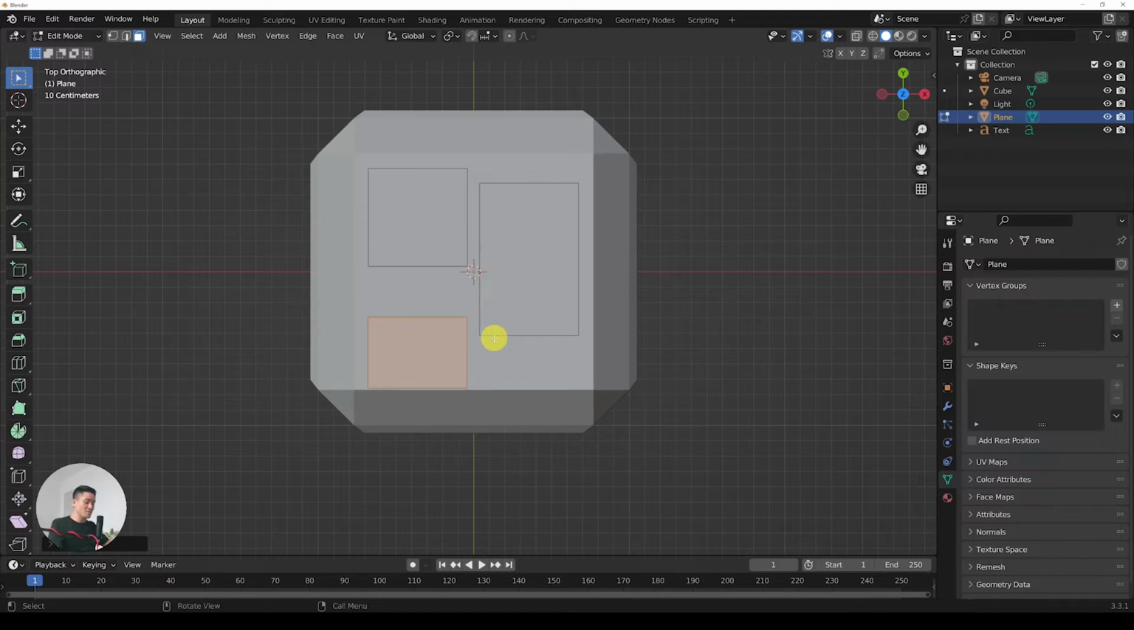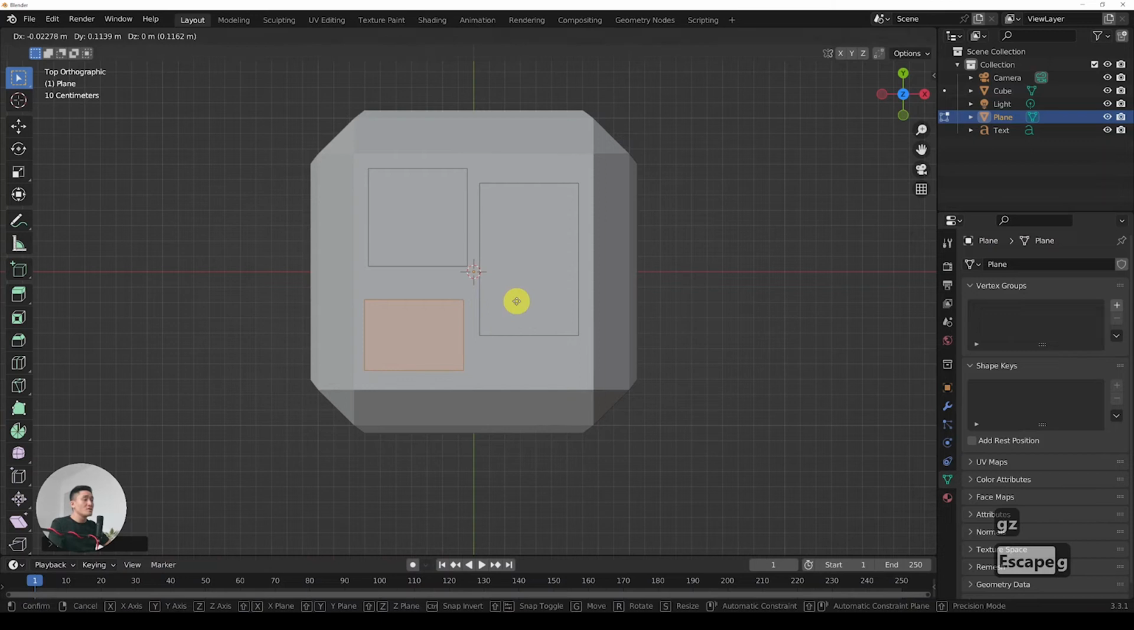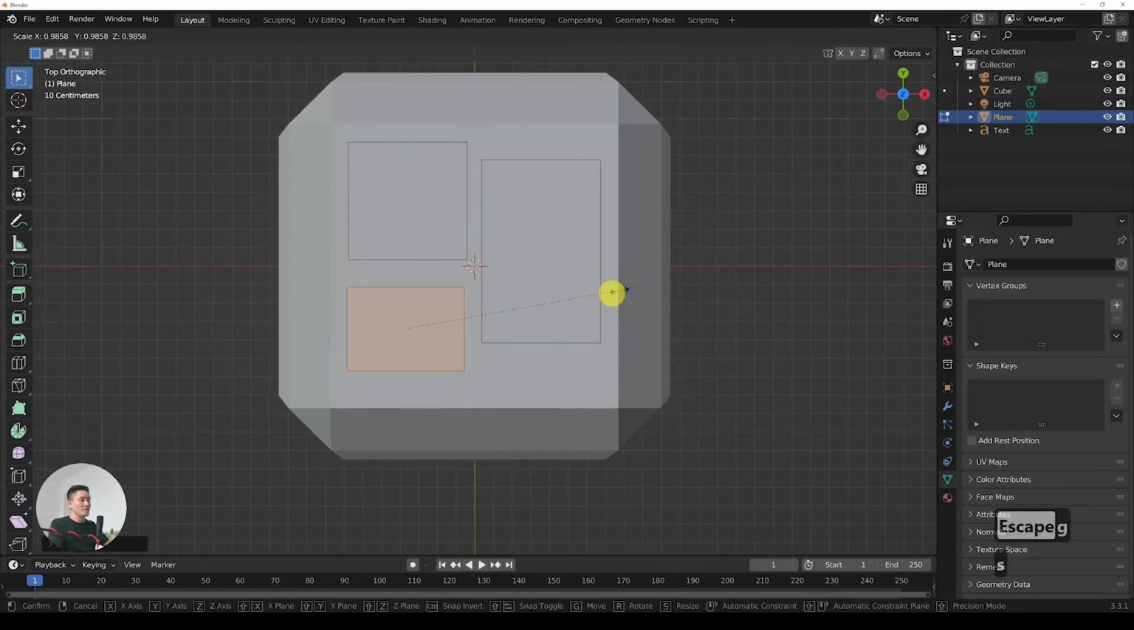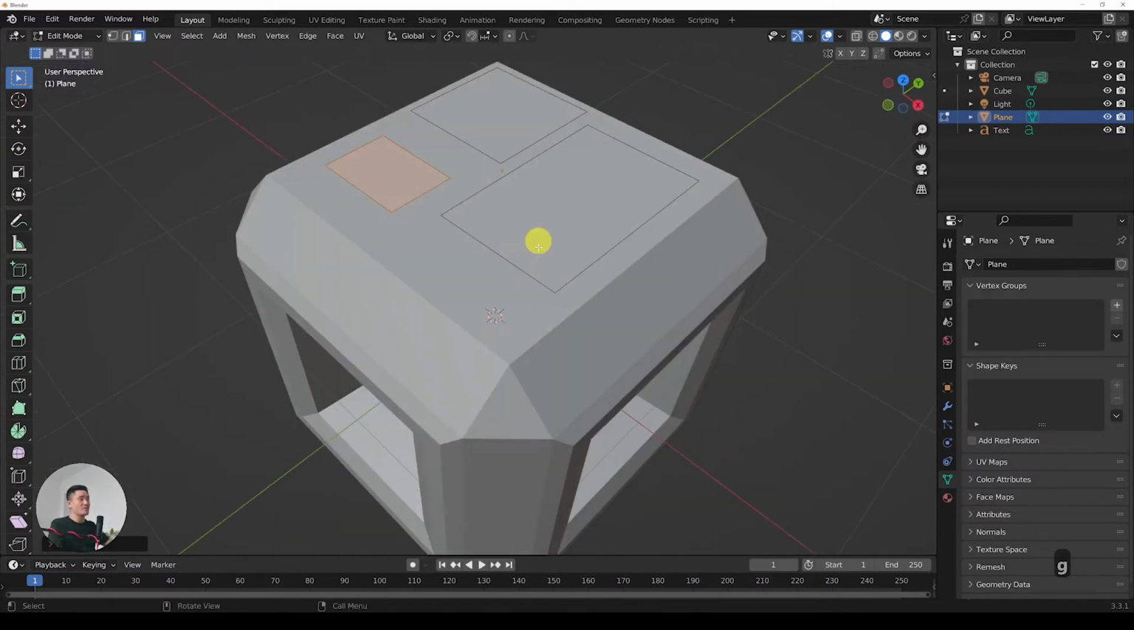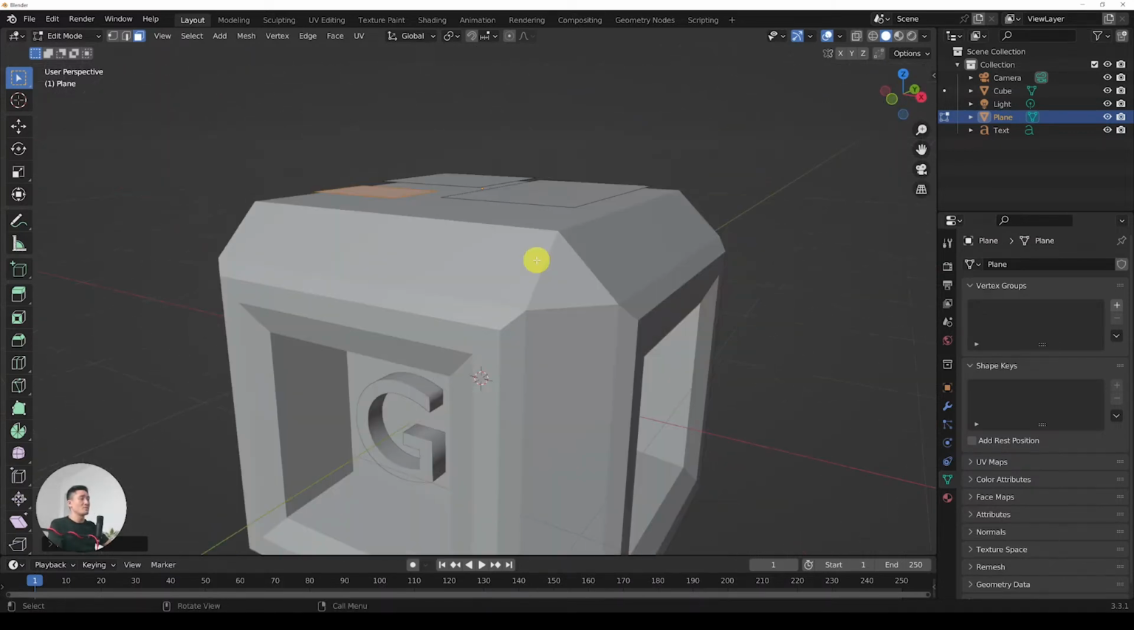So this is really nice. G. Now we can just place it somewhere, and let's make it even smaller to get an interesting look. So this is cool. And now if we just look at how it looks from the viewport,